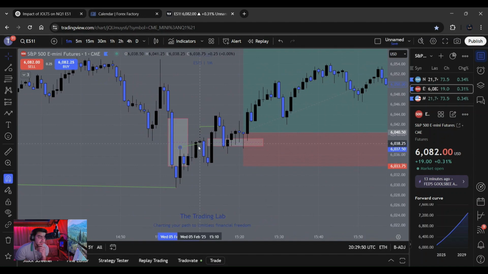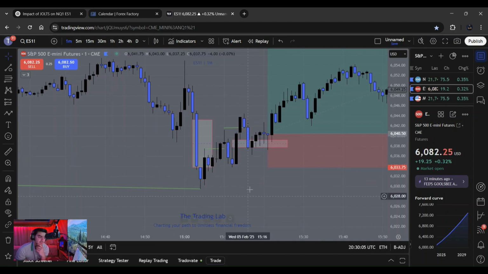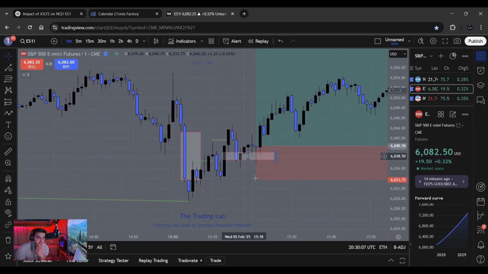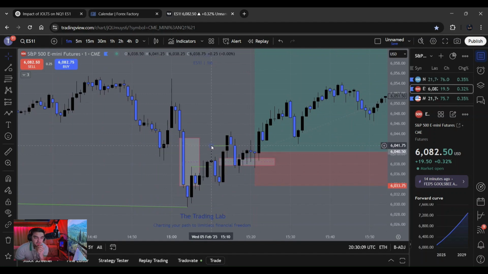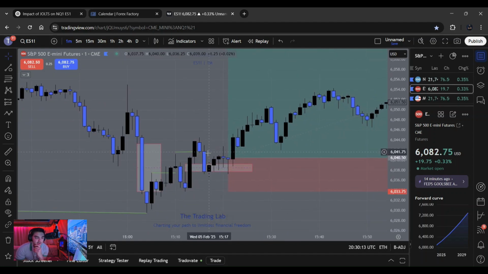And in turning this fair value gap to an inverse, we see multiple breaks of structure to the upside, confirming that price is wanting to push higher. We have a break of structure here, and we have another break of structure here. After this break of structure, we see a fair value gap form. Price comes into the fair value gap, it ends up respecting it, pushing it out,